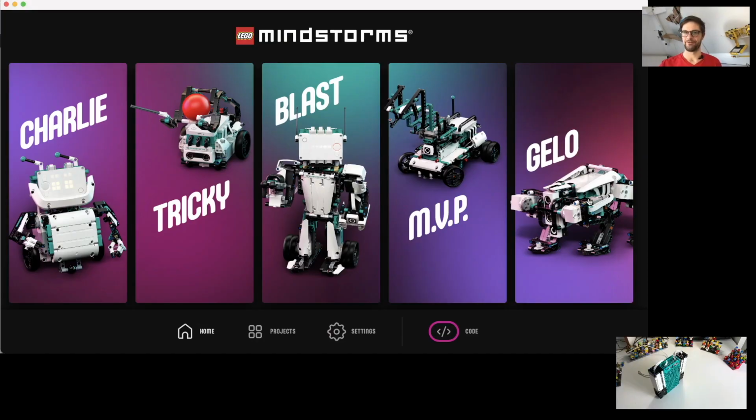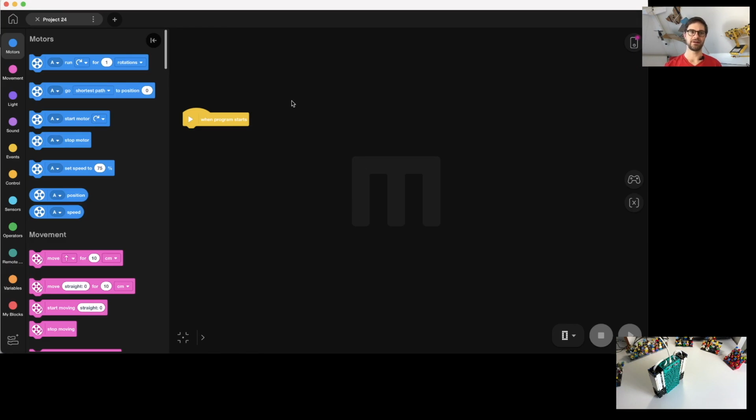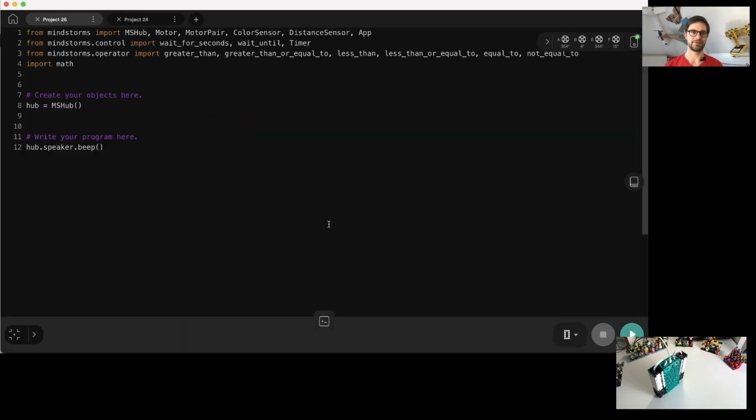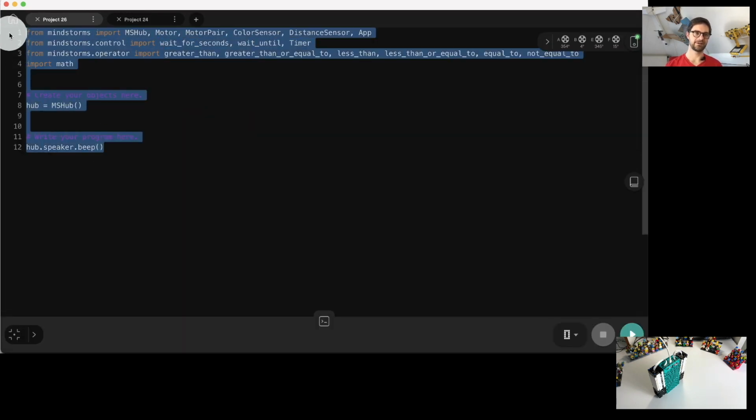So without further ado, let's dive into it and animate this guy here. First, I'm going to connect my robot through USB, boot it up, then go to code here, and this creates a word blocks code. My hub is connected, but we want Python code, so let's go create Python. Then all of this, we're going to remove that and use the boilerplate code from my website to get started